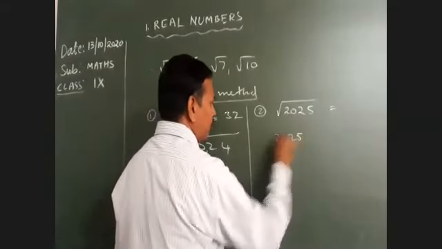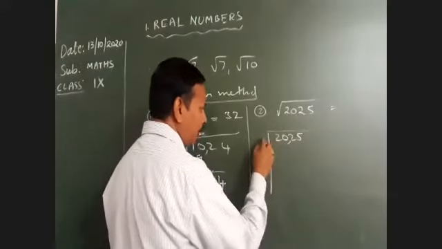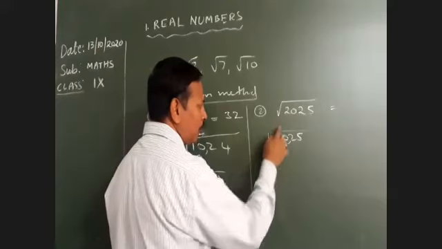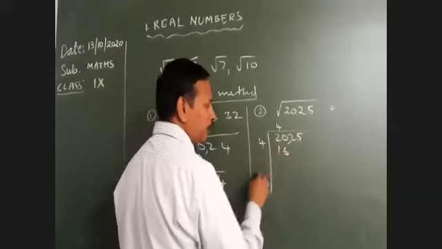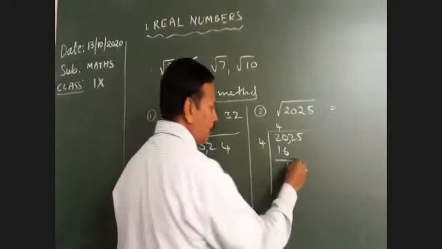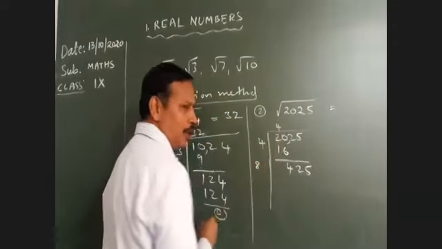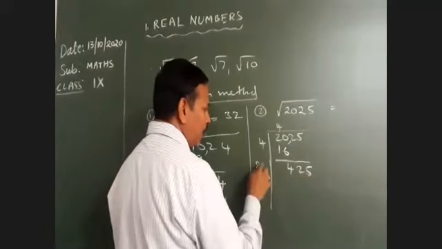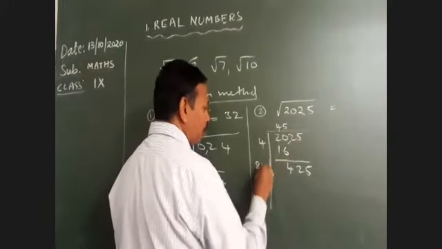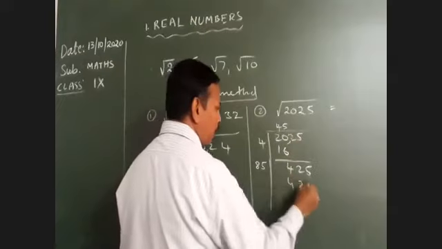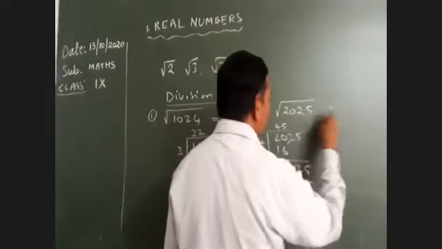2025 by division method. Comma after 2 digits always. Next, 2 2s are 4, 3 3s are 9, 4 4s are 16, 5 5s are 25 will not go. So come back to 4, 4 4s are 16. So here 4, next 25 we have to bring down again. Now double of this number, 4 2s are 8 here. Next, your last digit is 5. 5 5s are 25, 5 4s are 20, 40 plus 2, so it definitely goes with 5. So 85 into 5 is 425. Again, the remainder is 0. Therefore, the square root of 2025 is 45.